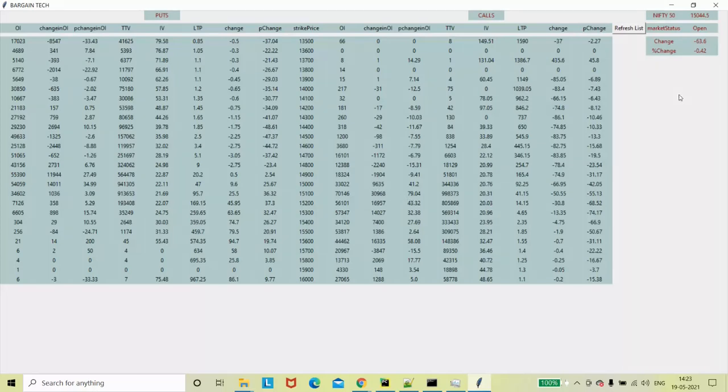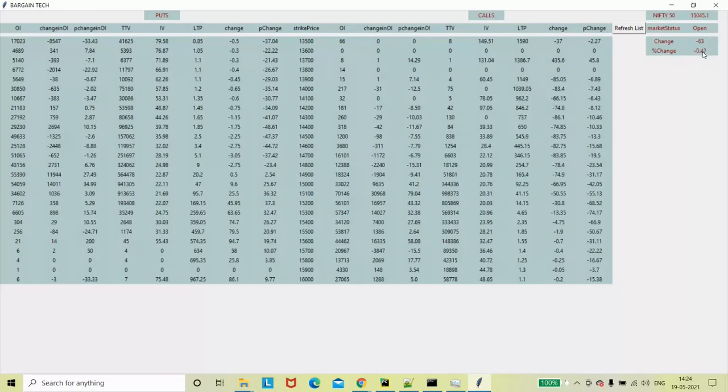And you can get all of the features, like the market status right now, it is open, and the Nifty 50 price, the index value at that point of time. And you can see the change, exactly minus 63 points from the previous day's close, and this is the percentage change in the same terms.